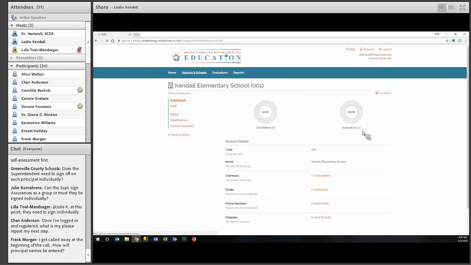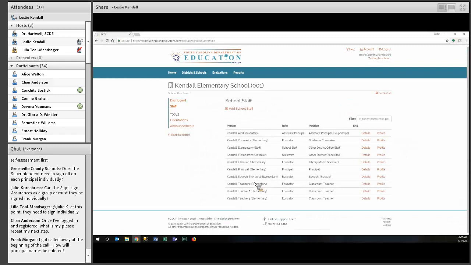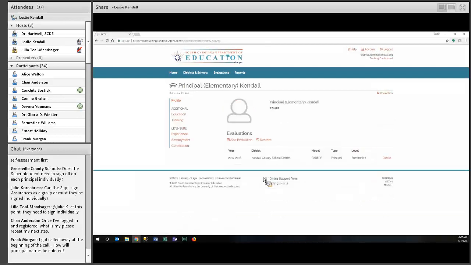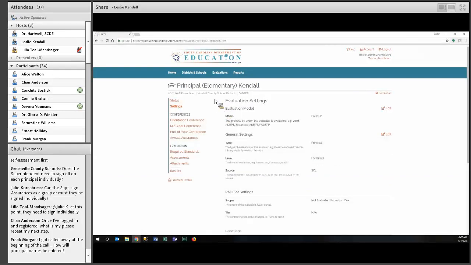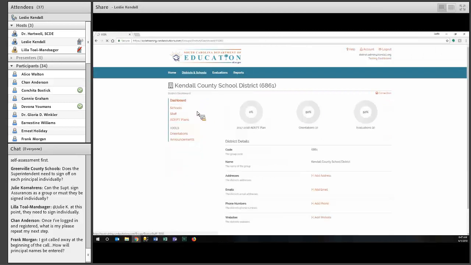You'll click the dashboard for the school. Now you're viewing the dashboard for that particular school. You can click staff, and this will show you a list of your staff for that location. You can click profile, and then on the profile page is where you would add an evaluation. The academic year will populate for you, and the other details, and now I've added that evaluation.